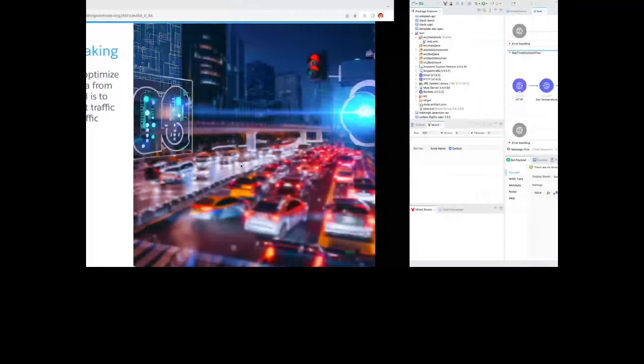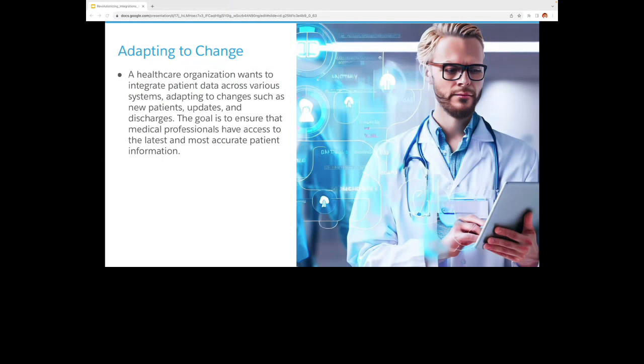And this is the last use case for this session. And here, adapting to change. So let's talk about the healthcare organization, right? In today's fast-paced health environment, it's essential for medical professionals to have access to the latest and most accurate patient's information. A healthcare organization wants to integrate patients' data across various systems, adapting to changes such as new patients coming